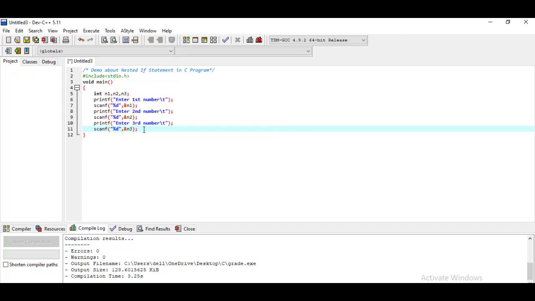Now according to this, on these 3 numbers I have to make the decision, that is, which number is the largest. So first of all I have to check this number.